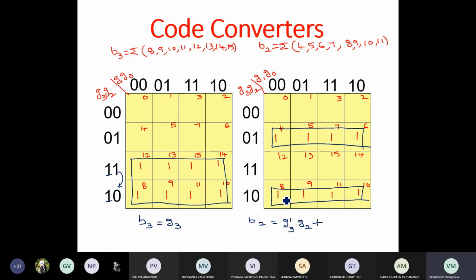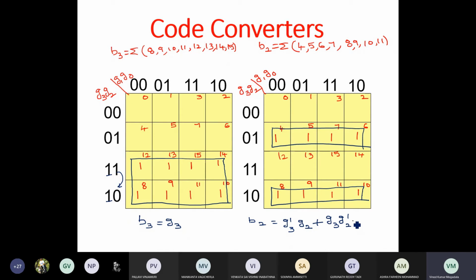And then here you see for 8, 9, 11, 10, again Z1, Z0 are changing, so Z1, Z0 will get eliminated. Here Z3 is 1, so G3, whereas Z2 is 0, so it is simply G2 prime.